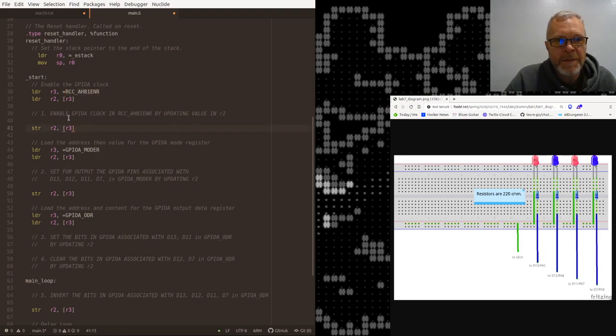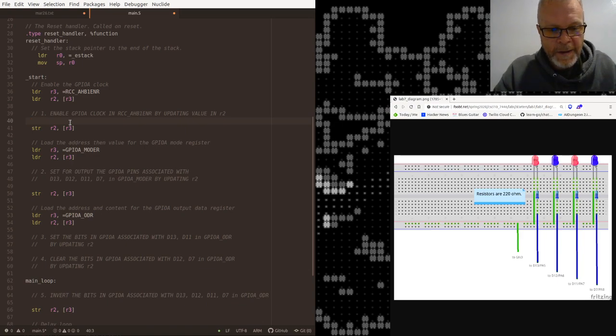And then what it's telling me is it wants me to alter this value. So alter R2 so that ultimately we have told this memory bank that we need to enable the A clock. Now I could go into the documentation, but in the interest of speed, I happen to know that the A clock bit is the 0th bit. So in other words,